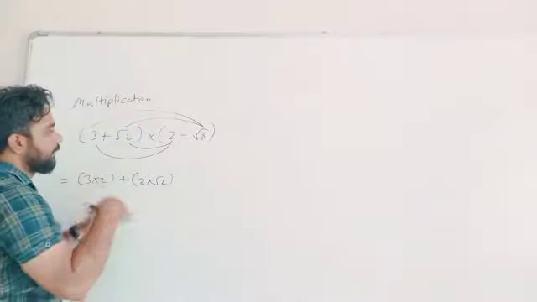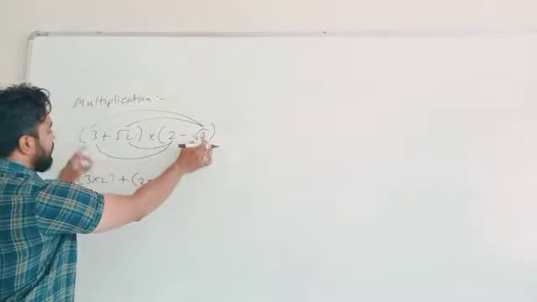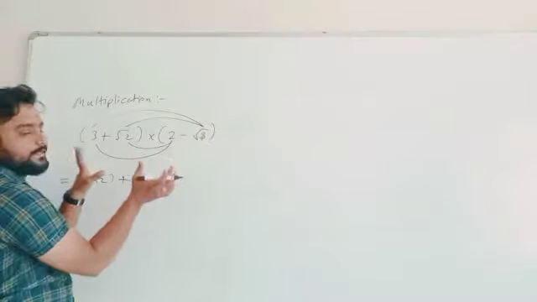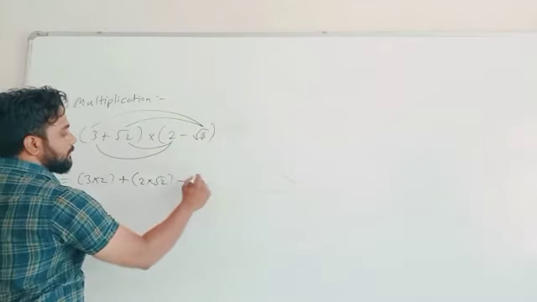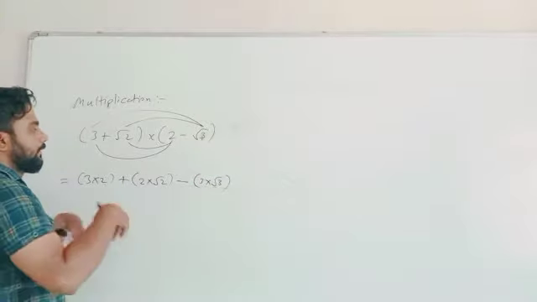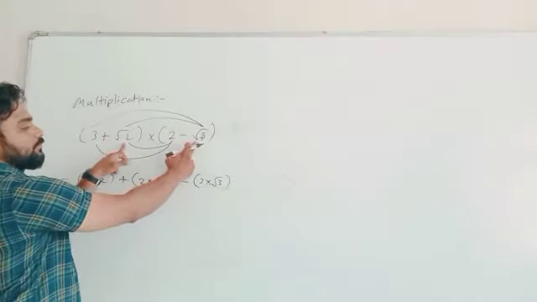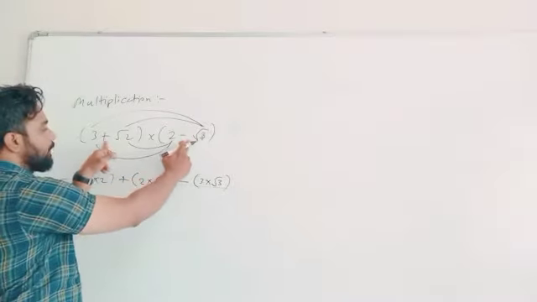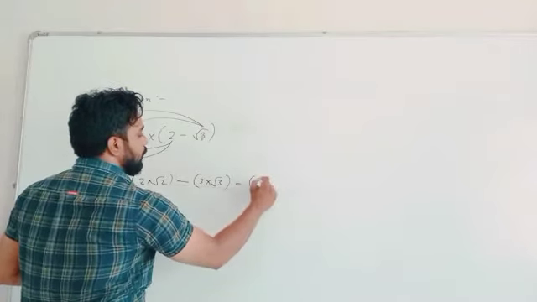Understand or not? Okay. Now the next one, root 3 will multiply with both of them. So root 3 multiply by 3. Now what will be the sign? Here it is minus and here it is plus. So plus minus gives minus 3 multiply by root 3. Understand or not? Okay. Now the next step. Here it is the same, plus minus. Why? Because these two values are going to be multiplied. So plus minus, that will give what? Minus. That is root 2 multiply by root 3.